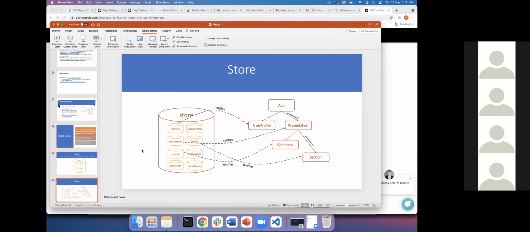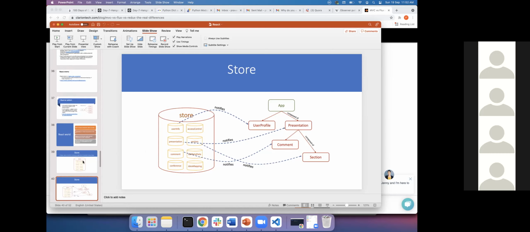So we have a profile section, and some user commented on it. You want to add the comment to the UI instantly. That's what Facebook does, right? Instantly it does. You're updating a comment and instantly showing the user there is a change. So it is exactly the same as the observer pattern, and that fits your React requirement.